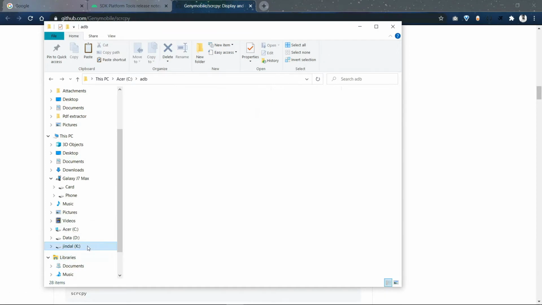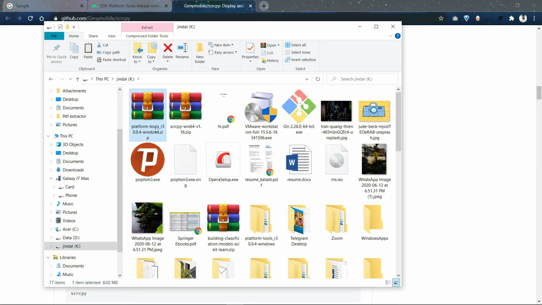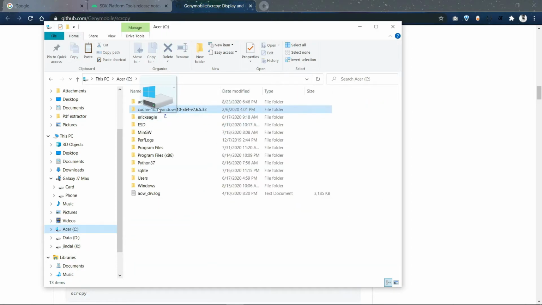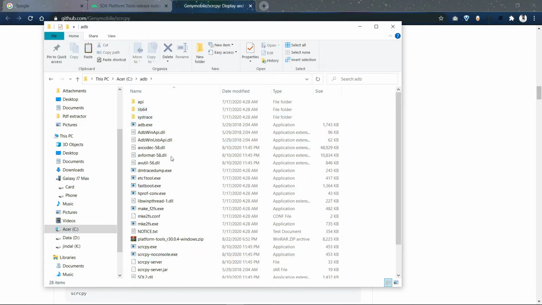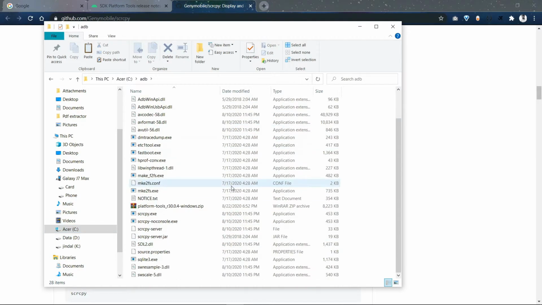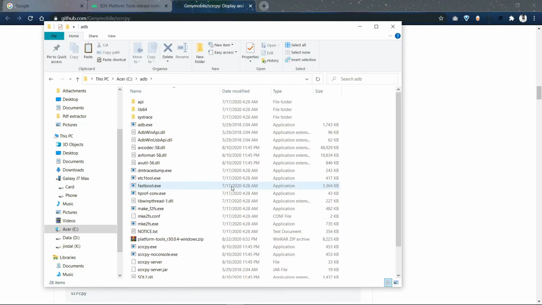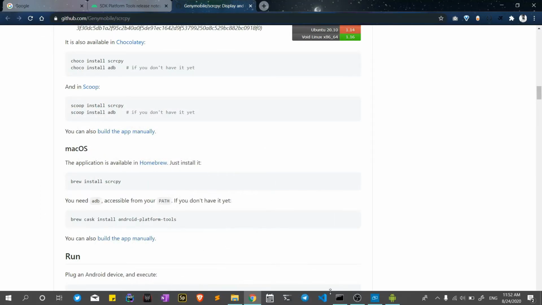I have also downloaded it, unzipped it, and then copy it into the same folder here. There will be a prompt showing that some files are required to be replaced, then replace them